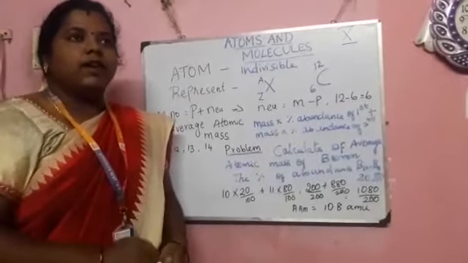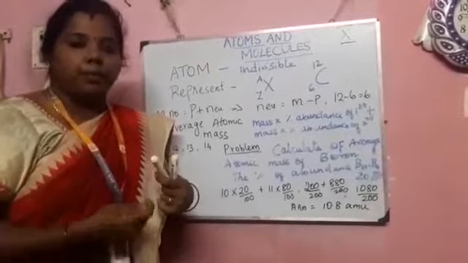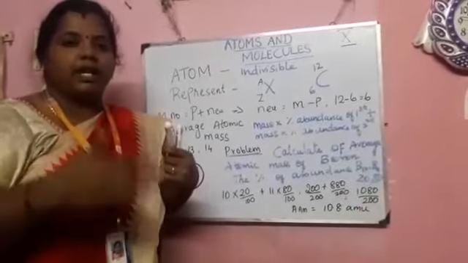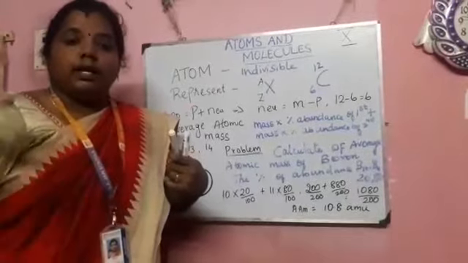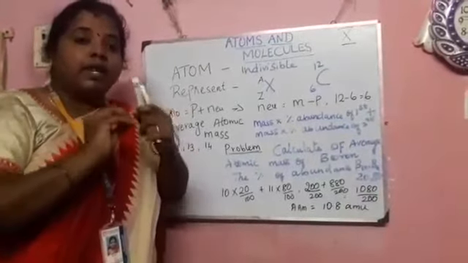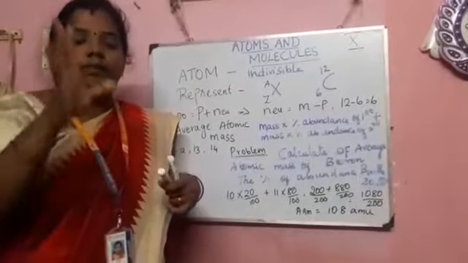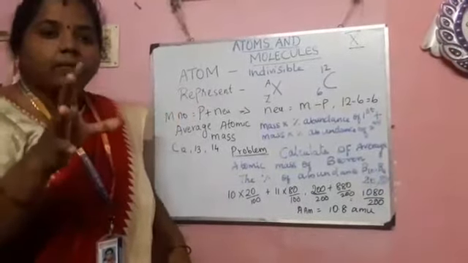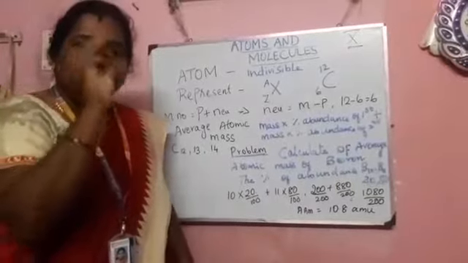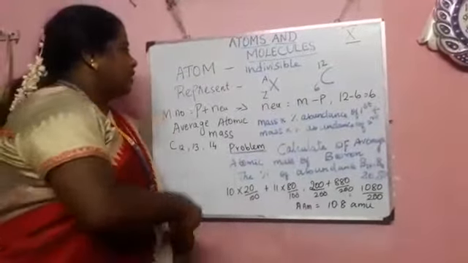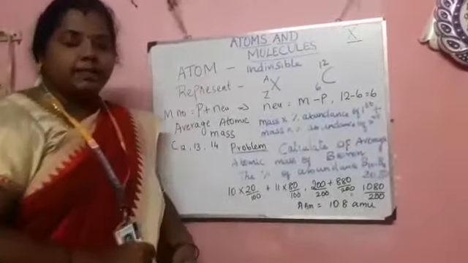Let's consider a piece of chalk. If you break it, it breaks, and this just goes on until at one end we are never able to break it. That means it should be called indivisible, and that will be called an atom. So the atom should be an indivisible particle.